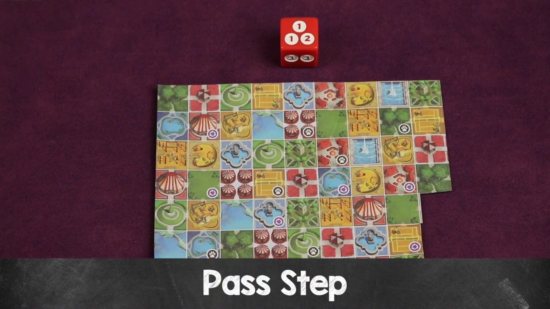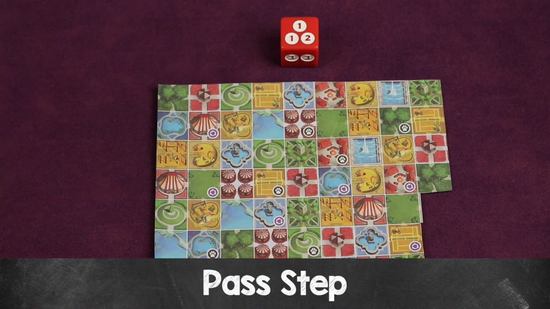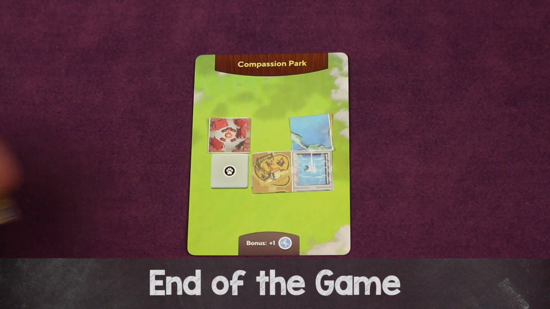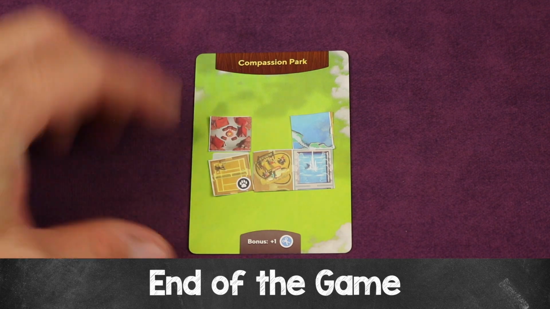Once everyone has checked if they have parks completed and have completed that step, the die will pass to the next player and you simply start another round. This will continue until a player has finished their 5th and final card. At the end of the round, that game is over